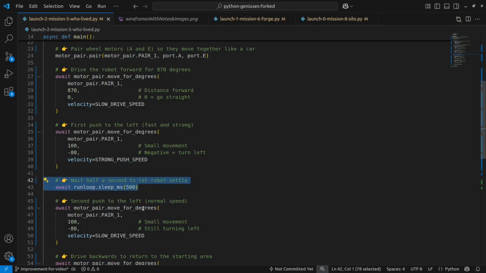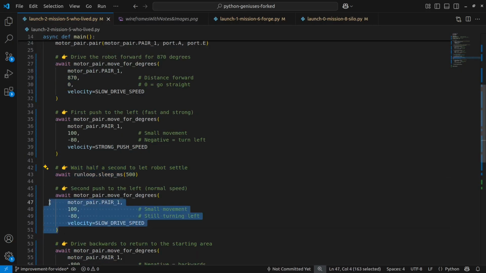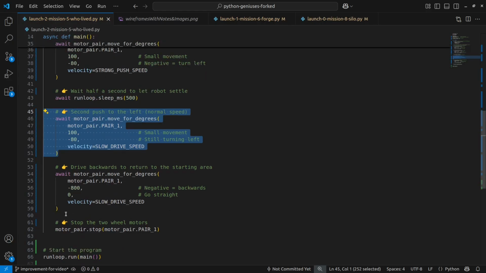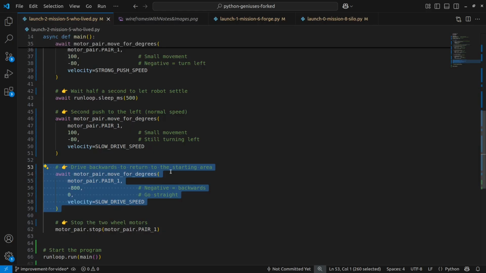We are putting a delay here and moving the robot one more time to the left, as you must have seen in the video. The reason is that we wanted to make sure that if for some reason the red stick hasn't gone all the way to the left position, we are delaying it and then trying again to take it back to the end.